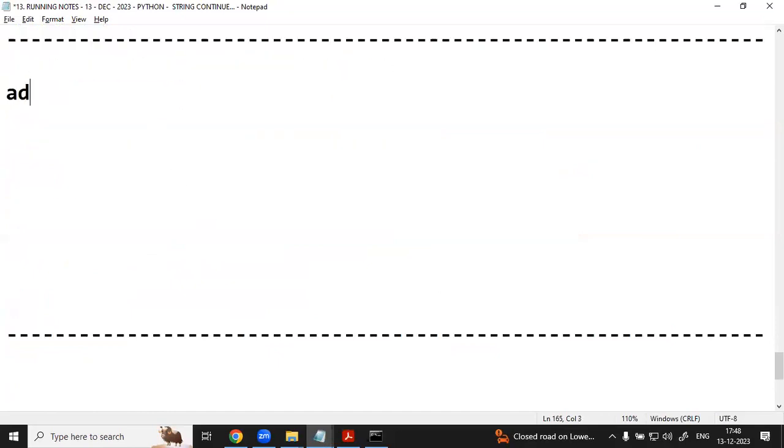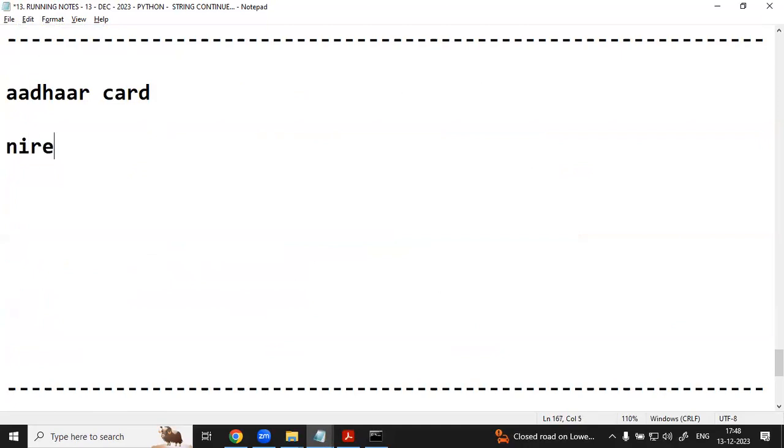In my Aadhaar card, I hope everyone knows about the Aadhaar card, my name will be something like Nirikshan. Assume that one of the students asked a question. Generally, I hope you know an Aadhaar card can be updated. In the back end, what they're updating is the name. Name means what exactly? String. No doubt at all, there is a conflict between what I explained and what in real time is happening in the back end. Am I right or not?